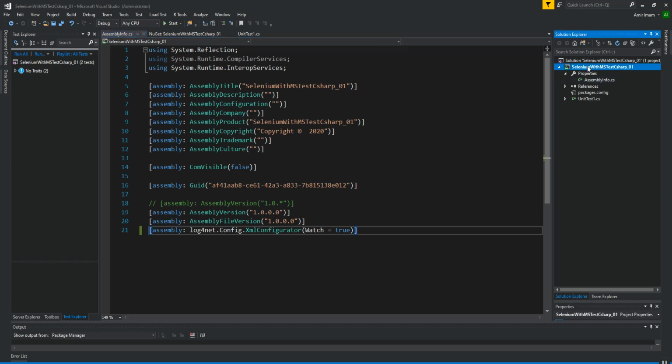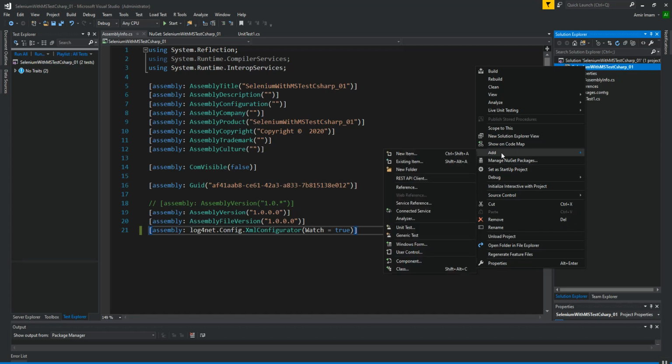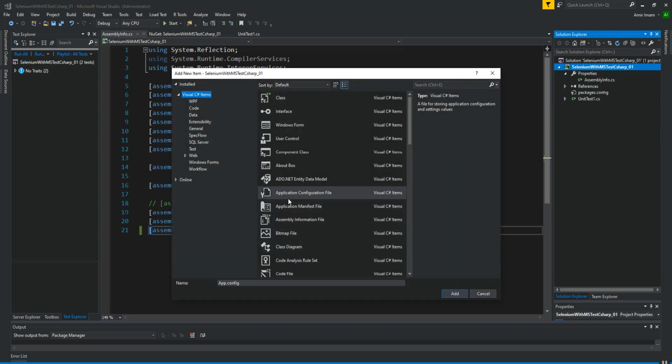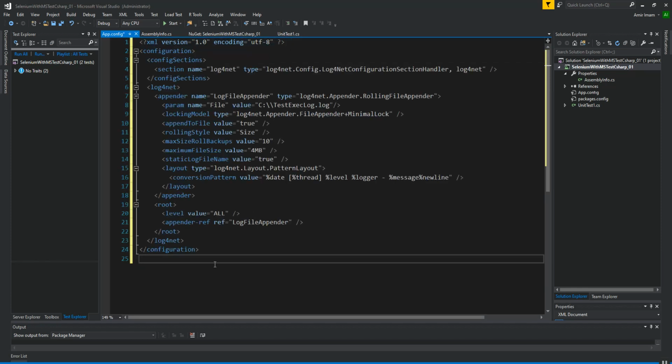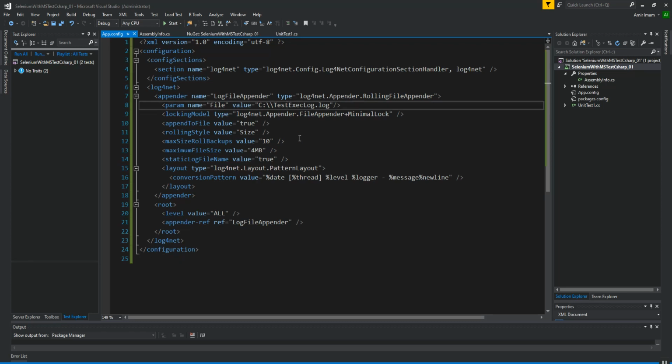So I'm going to add an app.config file: right click, add new item, and here application configuration file. As you can see, app.config, I'm going to add this. Okay, I am replacing the code with the one which I showed you. The path will remain the same. I'm going to save this one as well.